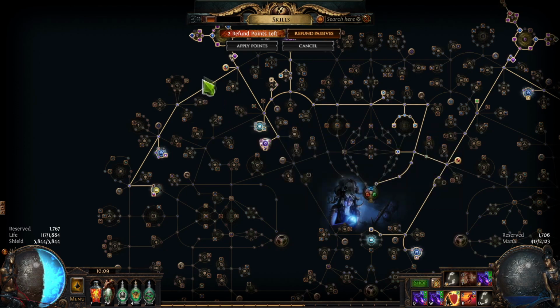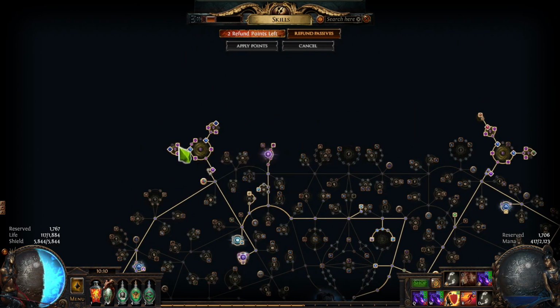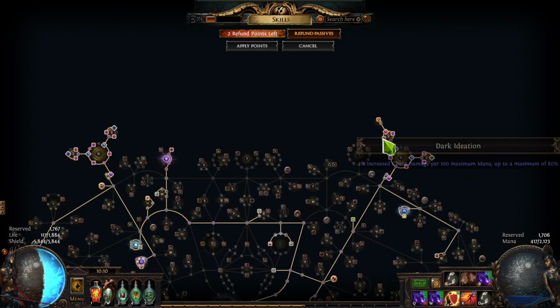And here's why mana is important, because we are running, let me find it, I think it's this, yes, Dark Ideation. So Dark Ideation is a very undervalued passive. This gives you 2% increased chaos damage per 1000 maximum mana, up to a maximum of 80%. This means if you have 4000 mana, this is going to give you 80% increased chaos damage. But if you have 2000 mana, this is going to give you 40% increased chaos damage, which means by picking 2